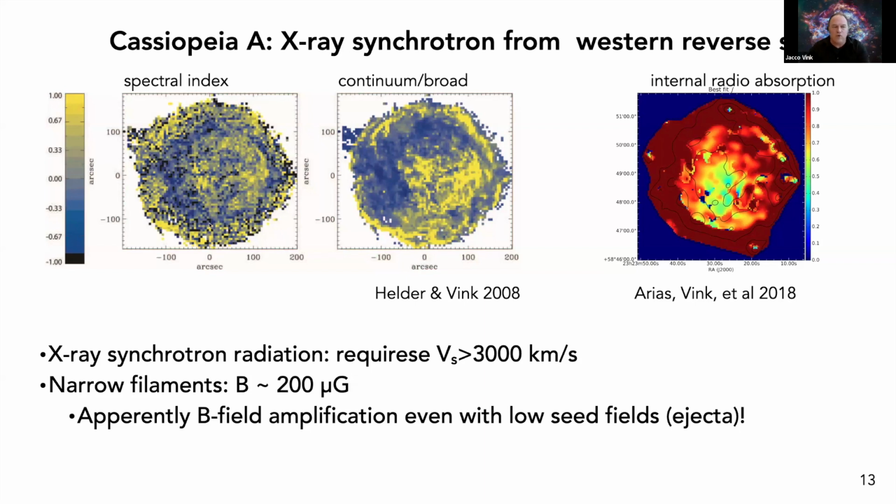And you see sort of two regimes of particle acceleration. One is at the outside, so that's the forward shock, but also at the inside. And it seems to be peaking really in the western region. So something special is happening in the west. The whole reverse shock, if this is tracing the reverse shock, is a little bit shifted, which we can also see in the radio, where we see free-free absorption from unshocked ejecta. So basically this traces here where we expect to see the reverse shock.